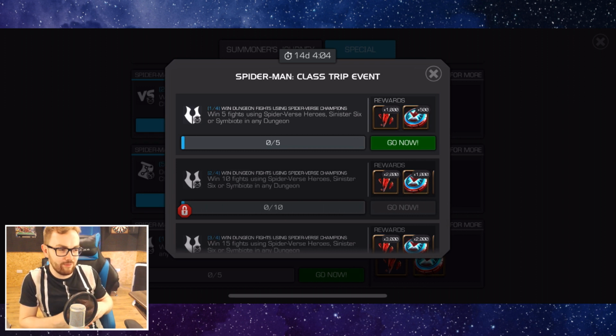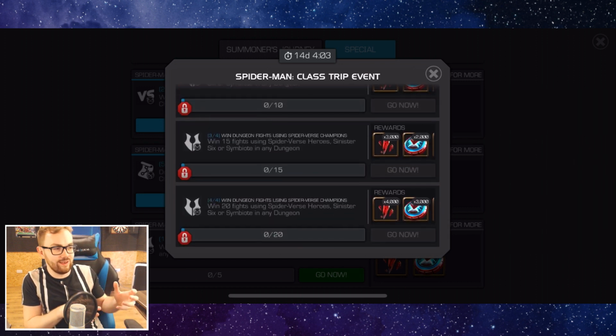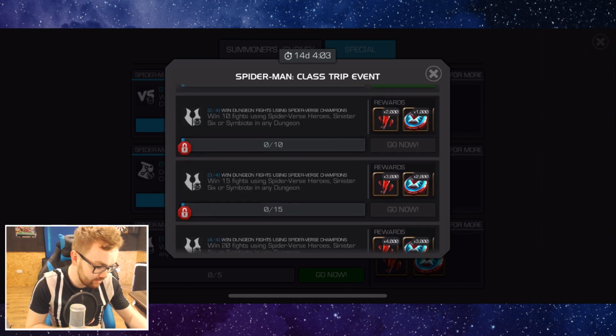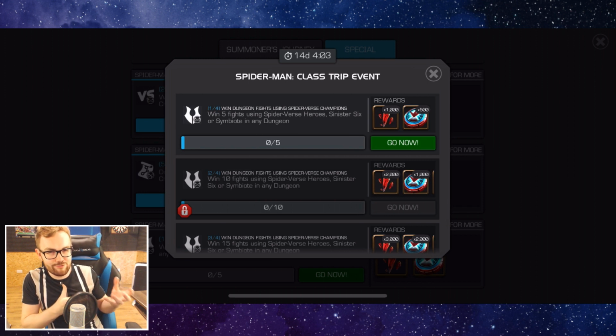If we break it down, overall it's a total of win 50 fights using Spider-Verse heroes, Sinister Six or Symbiote in any dungeon there, and we can see the rewards really do start to tally up around the final two milestones. So this is actually a total of 6,500 of the shield markers. So that is like entry to half of your epic if you're doing it for the class trips, and also